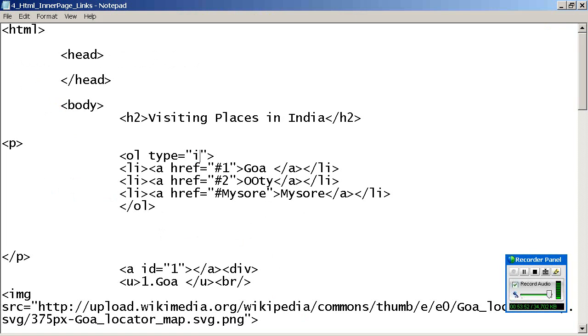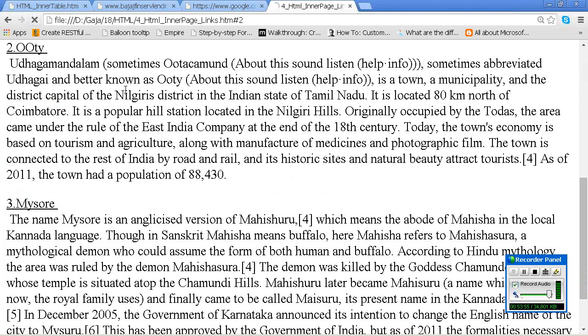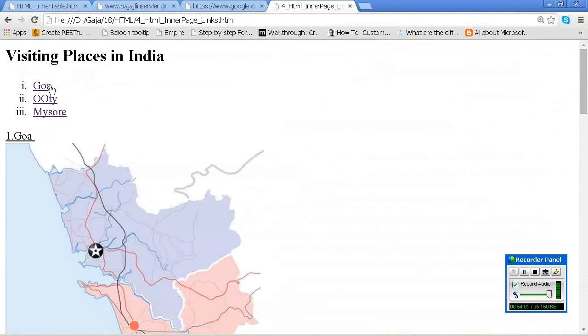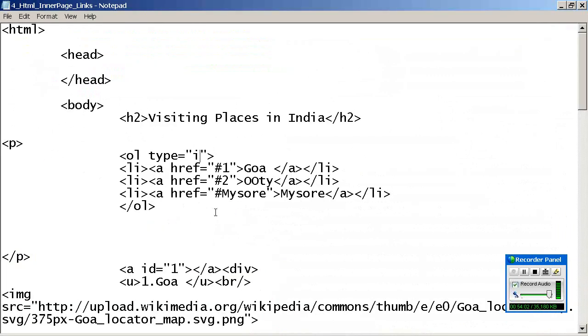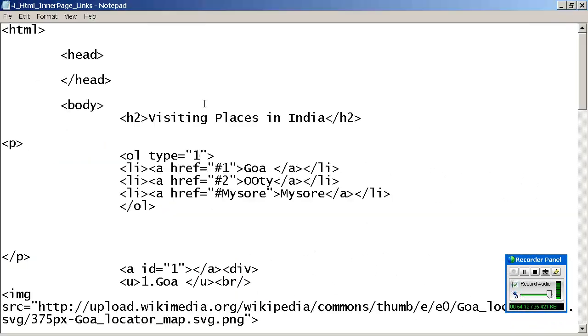Then give this. I want to show numeric, then just give 1. If you give 1, or even if you are not giving 1, automatically the default behavior is type equal to 1.